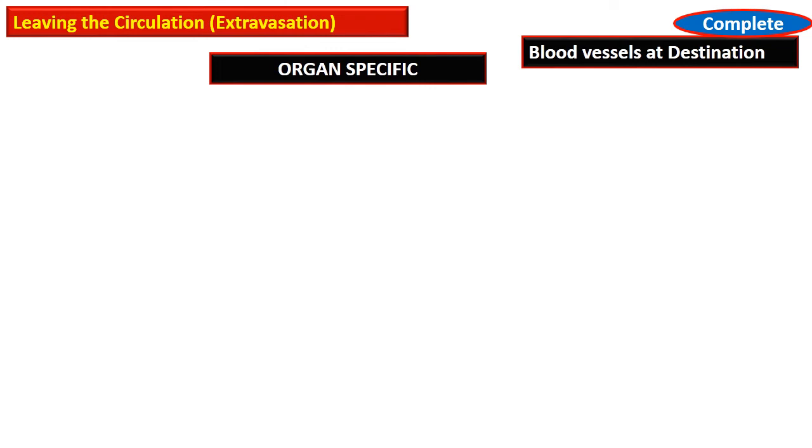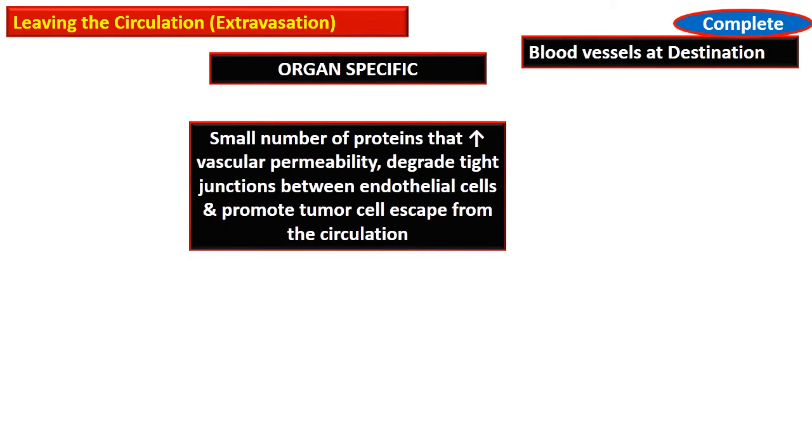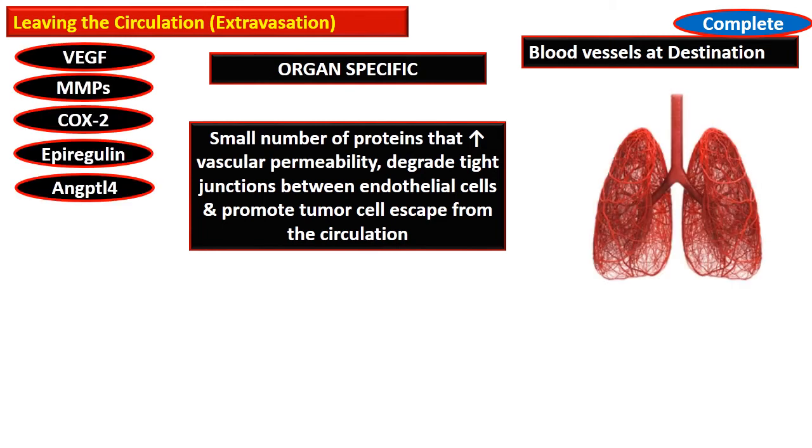This extravasation mechanism is organ specific because there are proteins that increase the vascular permeability, that degrade tight junctions between the endothelial cells and promote tumor cell escape from the circulation. So various factors are involved in the extravasation of one tumor type into one specific organ, and these may be different for other organ